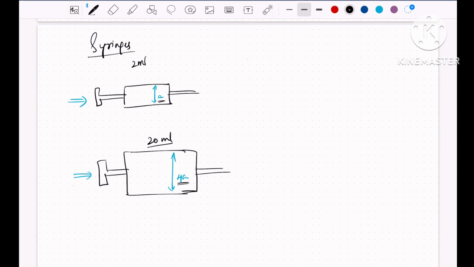Let's see what happens when two different volumes of syringes are taken, and let's also consider the relative difficulty of